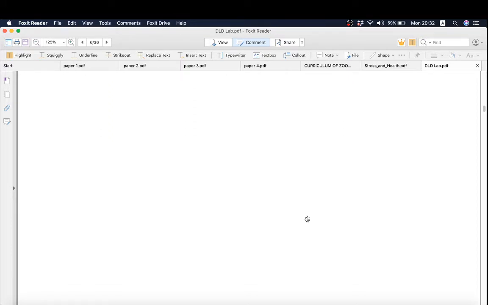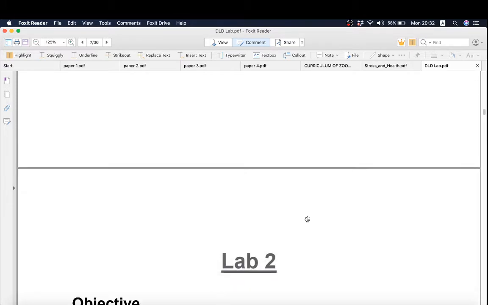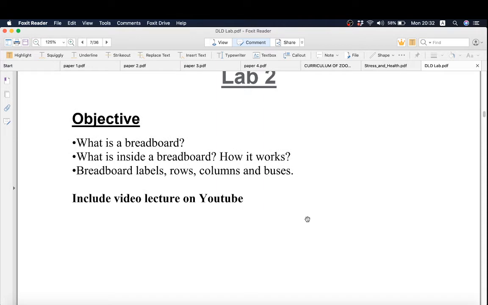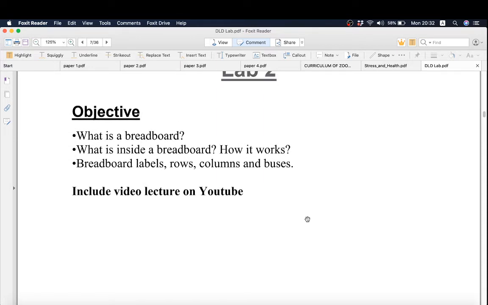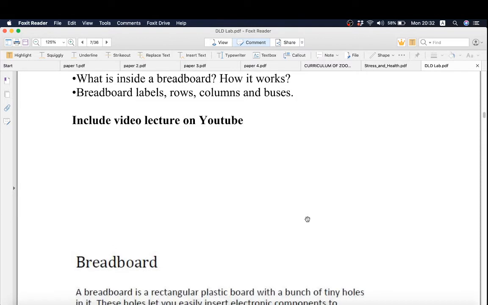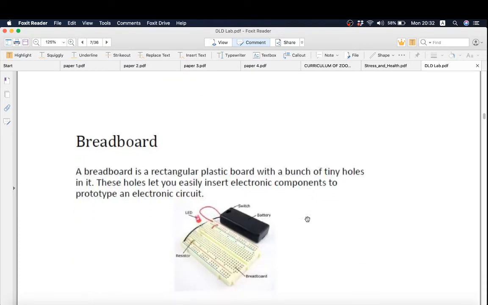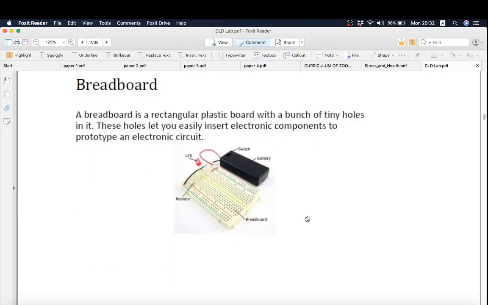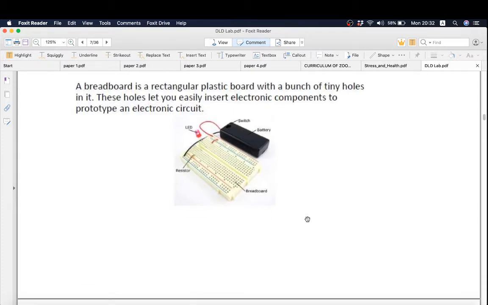Now move towards lab 2. Lab 2 is about what a breadboard is, what is inside a breadboard, and how it works. For this lab 2, you have all the video lectures on YouTube, and I also shared the link with you. So you have to prepare those lectures, read this theory, and watch those lectures